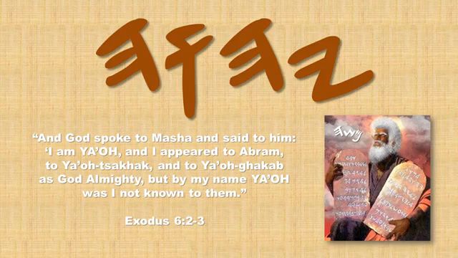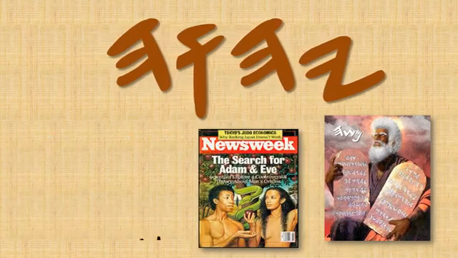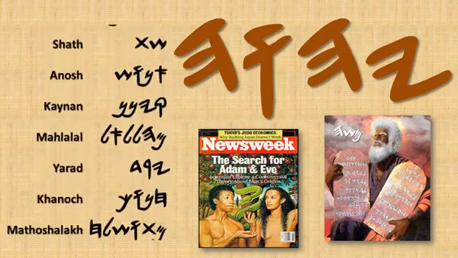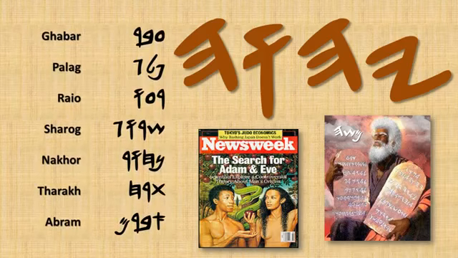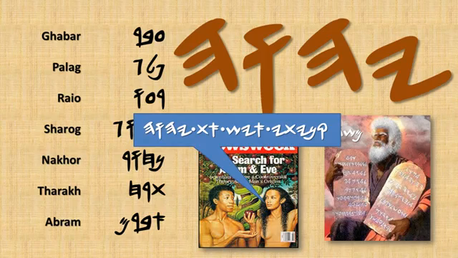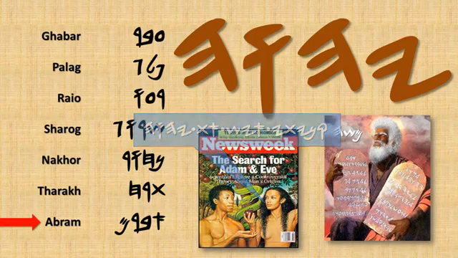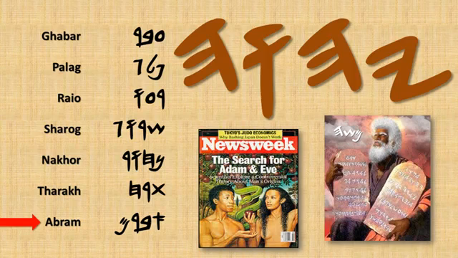So how did Abram know God's name if God never told him? He knew it because Adam and his wife, the first man and the first woman made in God's image, passed this knowledge down to their descendants by word of mouth. Adam's wife is the first person to say God's name in the Bible, according to Genesis 4 and 1. Each generation repeated God's name to the next generation, just as Adam pronounced it in the first generation. Abram heard God's name pronounced by his parents and by his grandparents, but he never heard God say his own name.